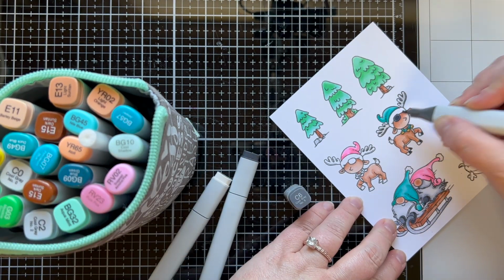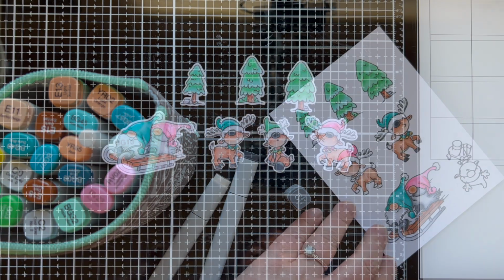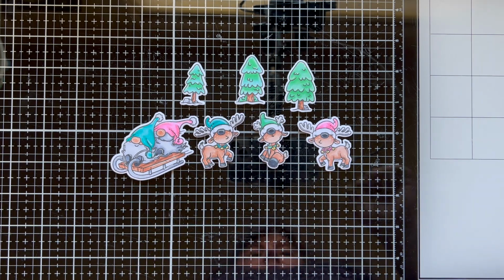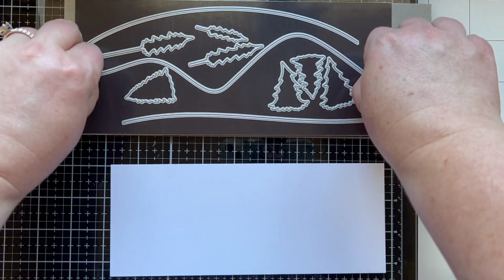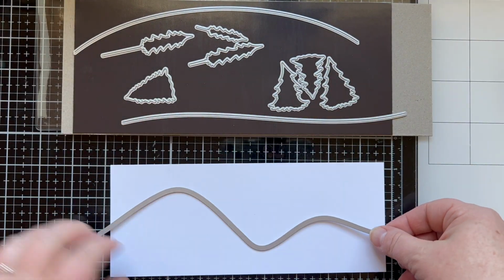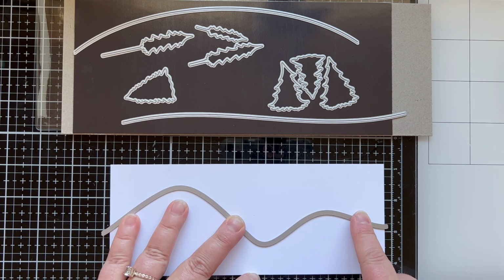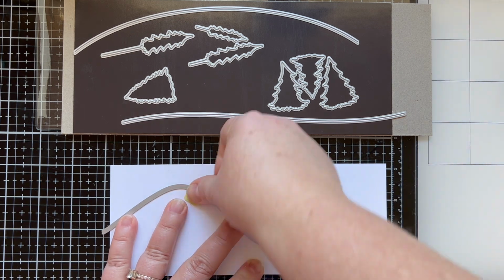I even brought in C8 for the darkest color, and I'm just blending those out a little bit there. I was able to die cut out these images and set them aside to build my scene. So this is the new etched slimline Hills and Slopes die set, also new from Trinity Stamps, and I'm going to create my scene using this